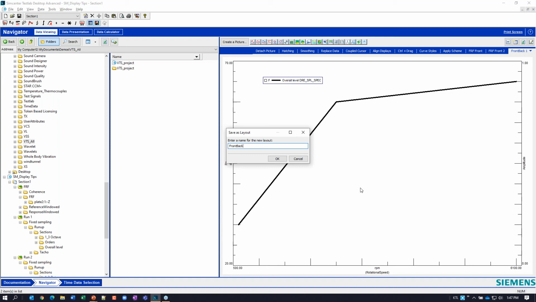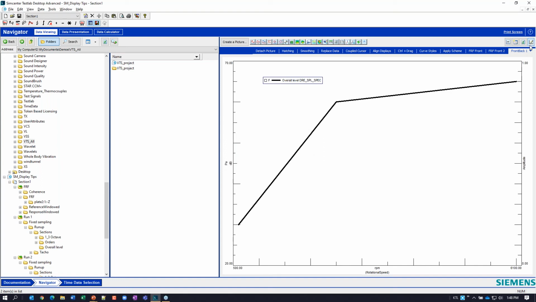Anything I have in this display that I'm about to save as a layout will be included when I create a picture with that layout, including data. I want to use that to my advantage in this case, but I certainly don't necessarily want to overwrite the front back. So I'm going to call it _T for target. I've already done this because I was doing some preparation, so I'm going to overwrite that.